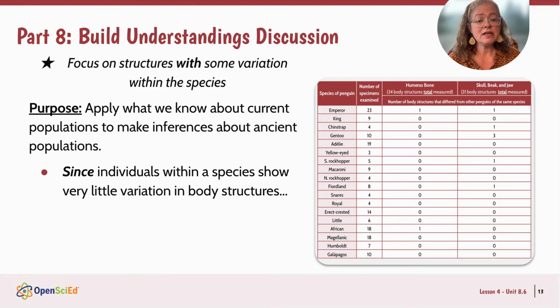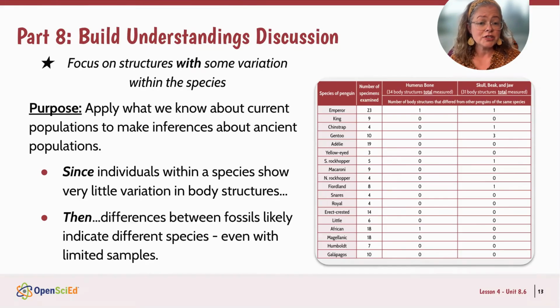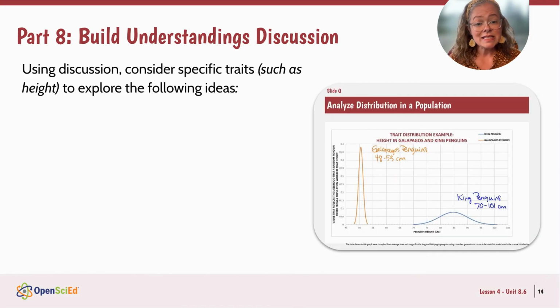Specifically, since individuals within a species show very little variation in their body structures, then we can infer that differences between fossils likely indicate different species, even with limited samples. Part 8 continues using discussion, now considering specific traits such as height, to explore the following really big science ideas: